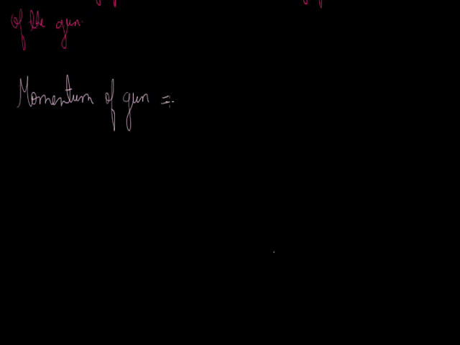We know that momentum is a physical quantity which is a product of mass and velocity. So for momentum of gun, we will take the mass of gun which is 1.5 tons. That will be equal to 1.5 into 1000 as we want to change it into kg. So that will become 1500 kg multiplied by the velocity of gun. But this we have to calculate. So let us consider it to be V.